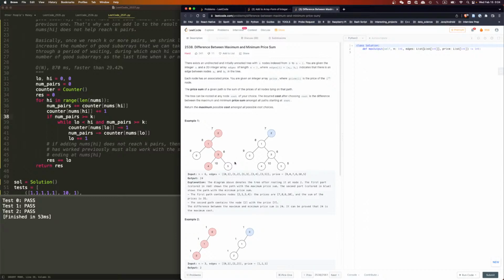Yes, we can do union find. And we can know if they're on the same path. If they're on the same path, it will be minus. If they're not, it's going to be plus, right? If the two are not on the same path, then they have to go through one. If you put it that way,